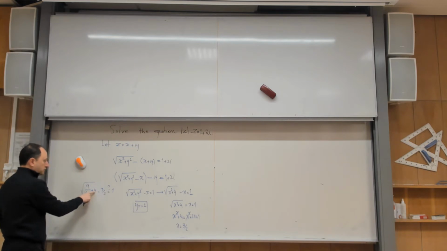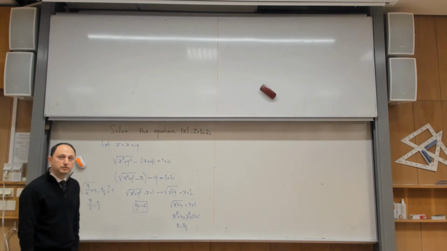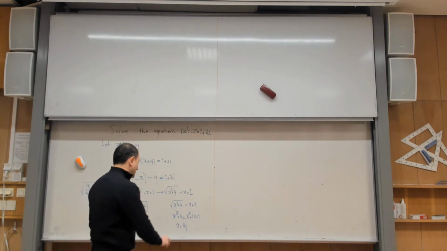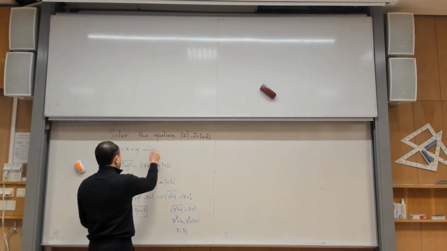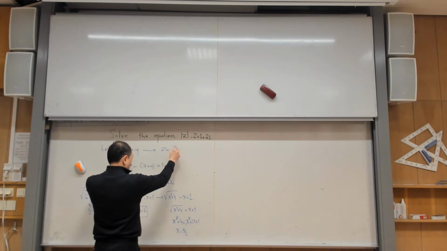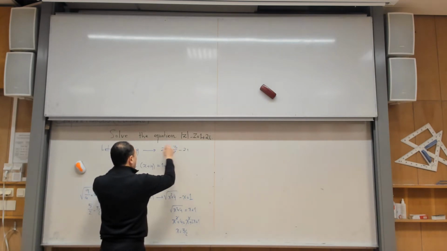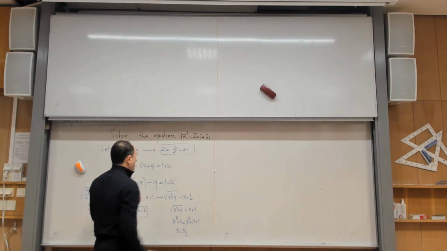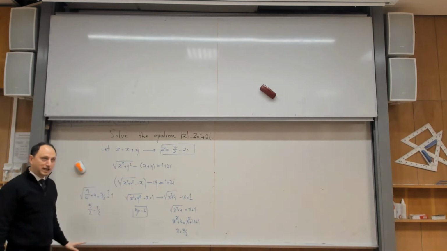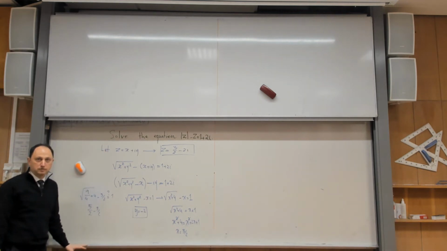Because 4 times 4 is 16 plus 9, 25. Square root of 25 is 5. Square root of 4 is 2, minus 3 over 2 becomes 2 over 2, and it's 1. So that's not a false root. Okay? So this means that the answer that you provided is completely correct. So z is 3 over 2 minus 2i. Thank you very much. So I would consider it a level problem in our course.